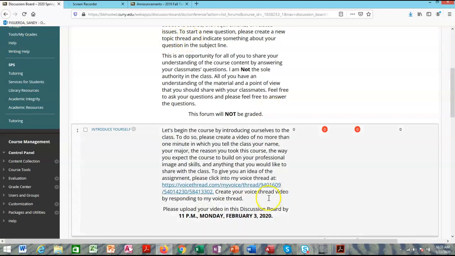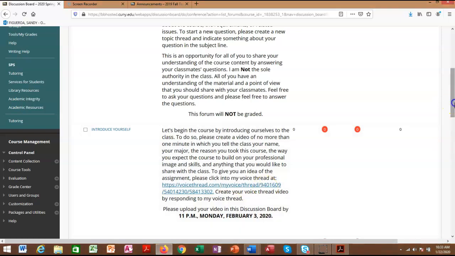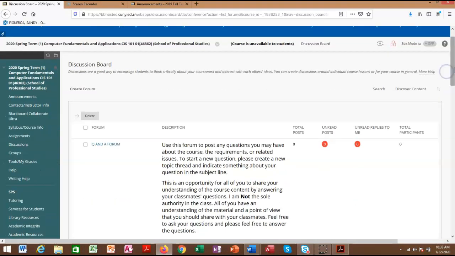That is due February 3rd by 11 p.m. Monday, February 3rd. So your old assignments are due on the day that you get your new assignments, only of course at different hours. So we're good. Any questions, make sure you ask me, or first post on Q&A to see if anybody will answer, and then if not, then I will jump in.